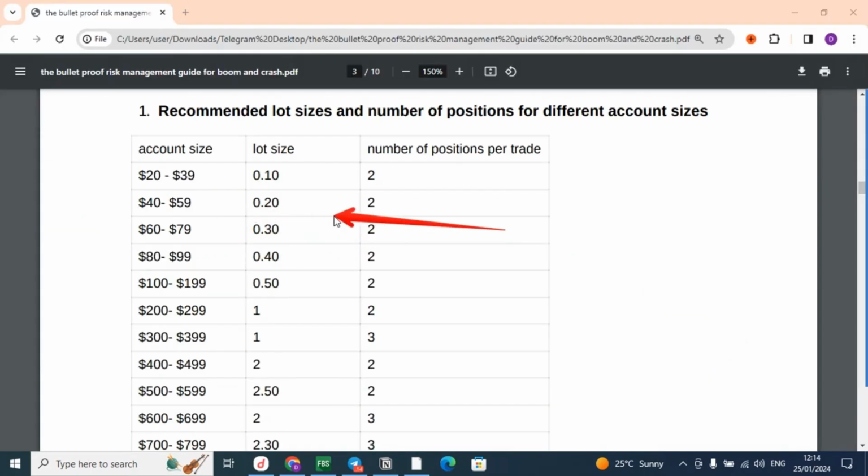As you can see, we've entered our positions according to the table. Here we're taking into account that we're using a $40 account and we've entered 0.20 lot size with 2 positions, maximizing our profit. If you want this table or you're struggling with risk management, then you need the Bulletproof Risk